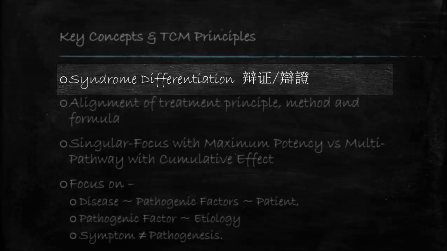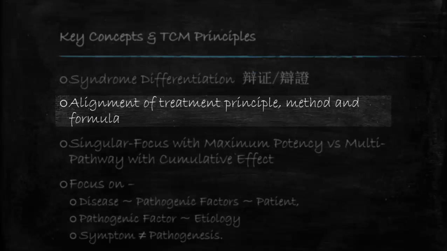So all of this information that we gather composes the syndrome. And it is through the differentiation of these syndromes that we are able to formulate the treatment principle, method, and develop the formula. Right? So that brings me to the second key point here: the alignment of the treatment principle, method, and formula is critical